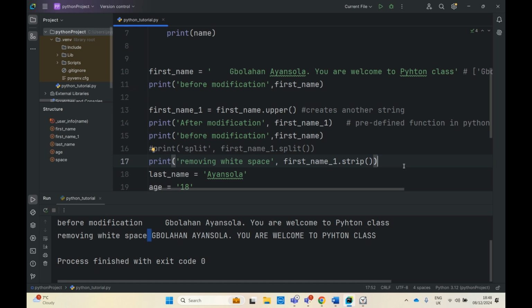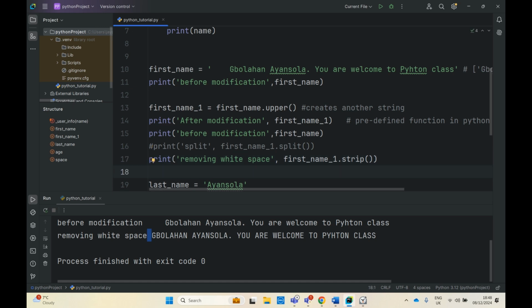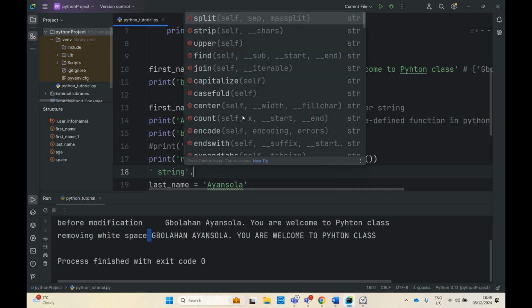And there are so many methods that you can use within the string type. So let's say other methods that are useful, you just do dot, and you can say split, strip, upper, find. So this find is used to search through a string, and you put whatever you are looking for. You put the start and the end,